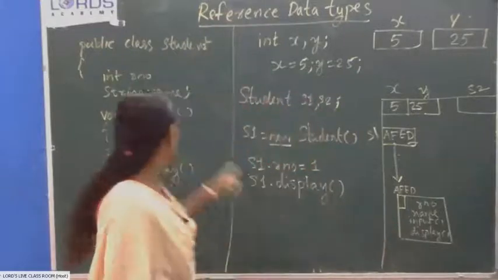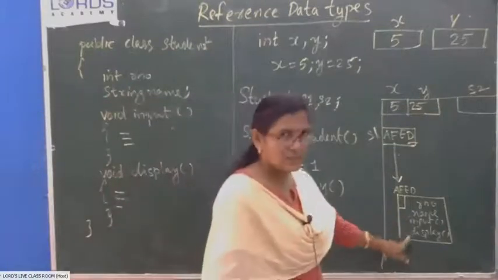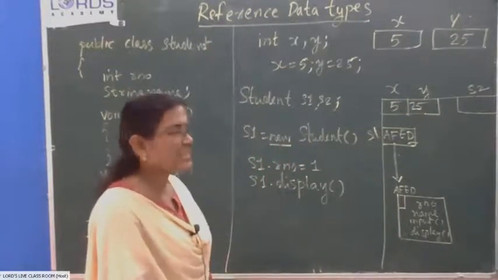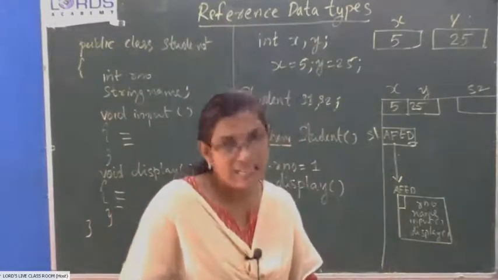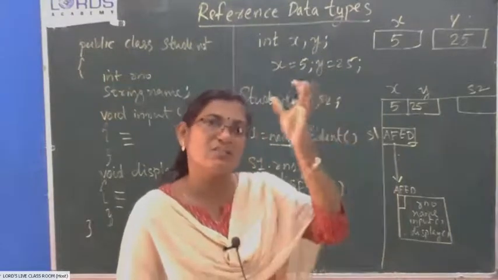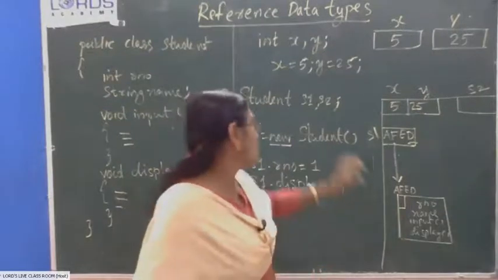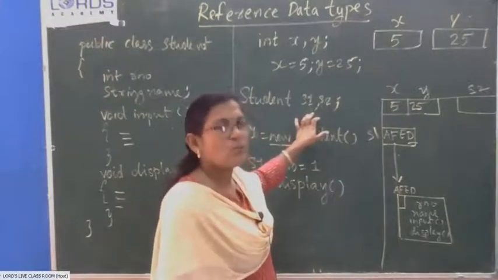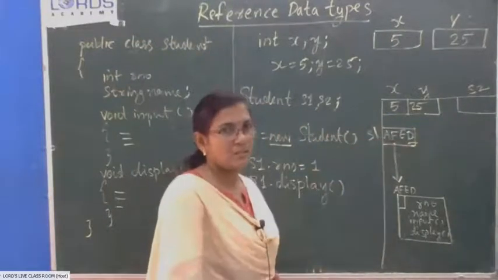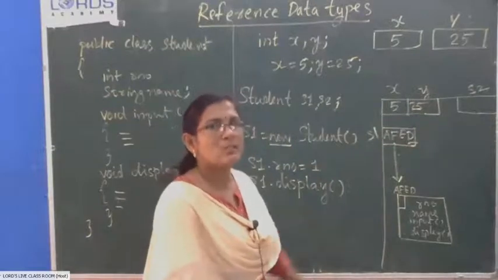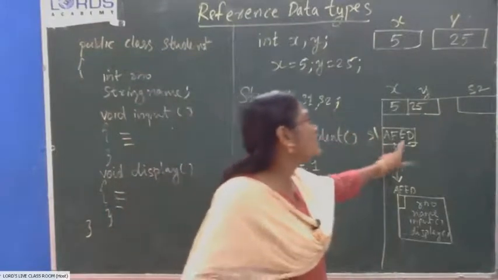Instance variables and instance methods are copied to each object. When you declare a variable of a particular class type, you are telling the compiler that you will create an object of this class later on. To store the address of that object, you declare a variable and reserve a memory location. That's what student type S1 means. Student type S1 and S2 reserved two spaces.